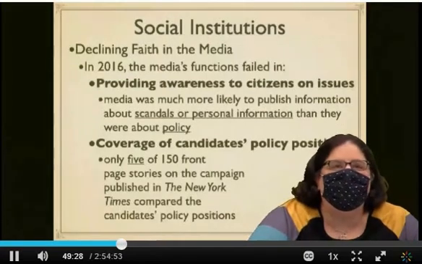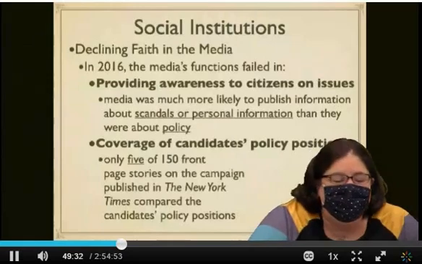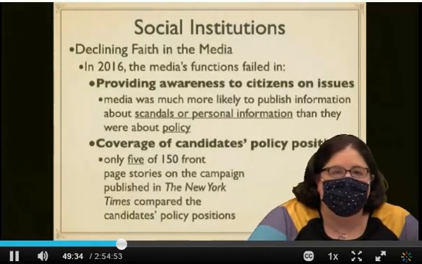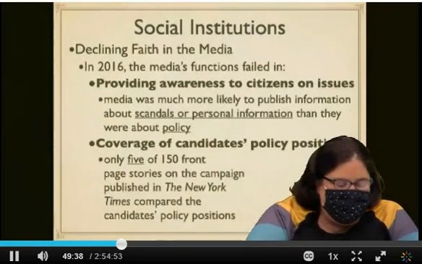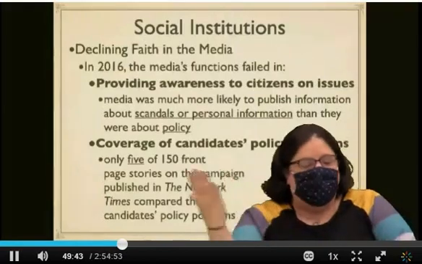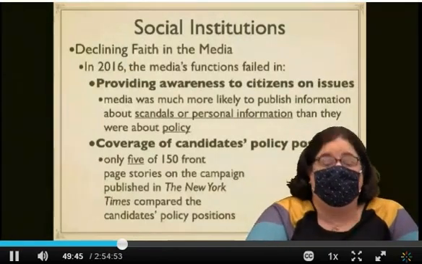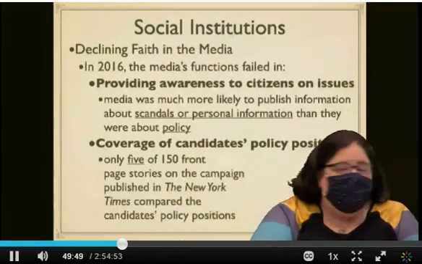So not only is the media we get skewed and inaccurate and often biased, but even when they're doing what they're supposed to be doing, they're barely doing it, right? So a decline in the faith in the media over the last 20 or 30 years is a reasonable response from the population. Questions or comments about any of this?